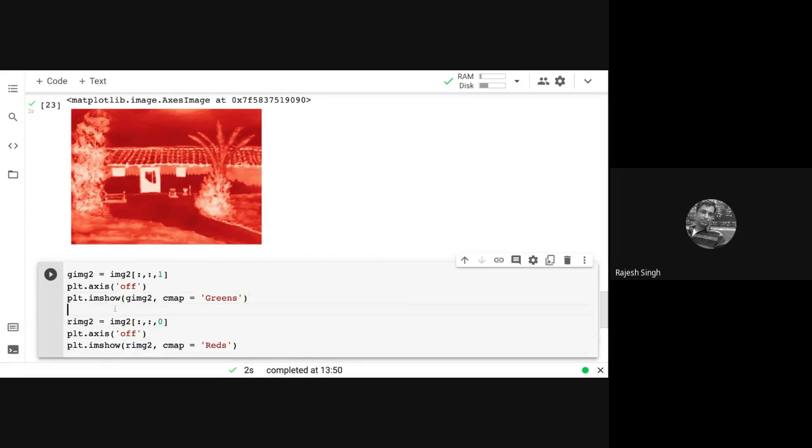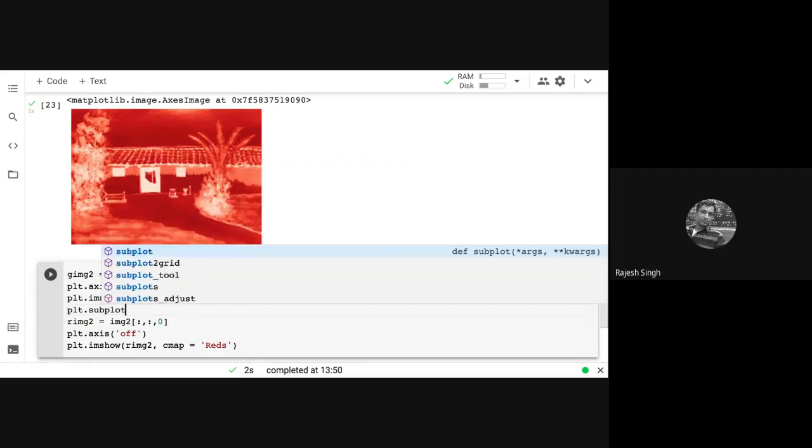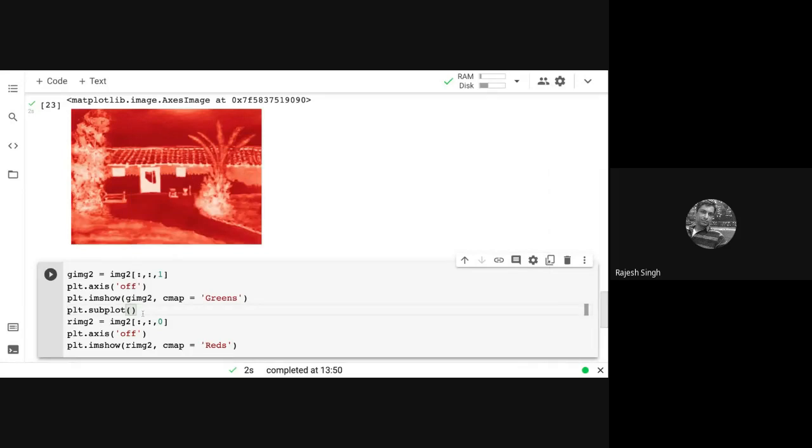Lina madam, if you can guide me through the subplot function. I think you have to do plt dot subplot. I'm not very confident about it, so that you can get both the plots together. Here I'll do blue.